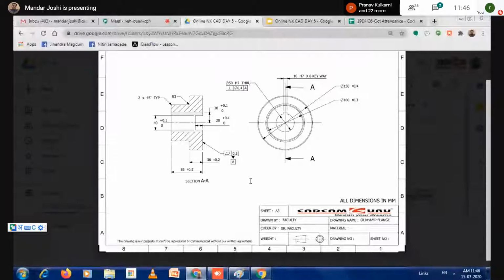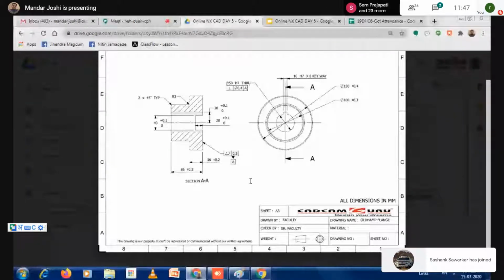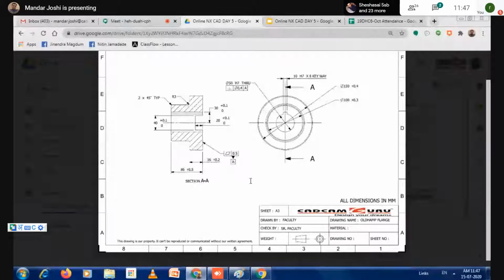The size of the hole is how much? 50 diameter, and the depth is how much? The depth is through up to next, you can say. Total depth is 86, you can mention, or you can say a through depth.